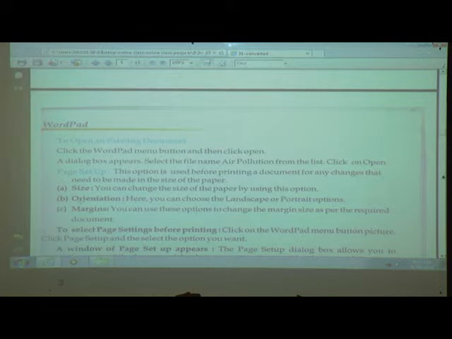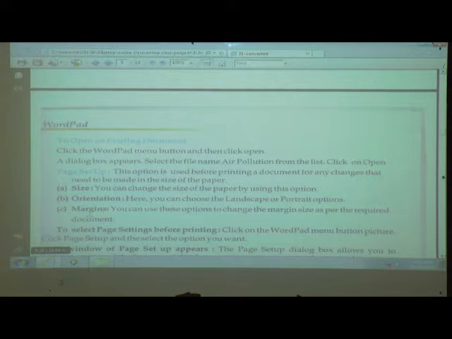Next, orientation, means suppose we want to print, then it is landscape or portrait. And the last one is the margin, means in margin we can adjust the left margin, means how much space to give on the left side, right side, upside and bottom side.